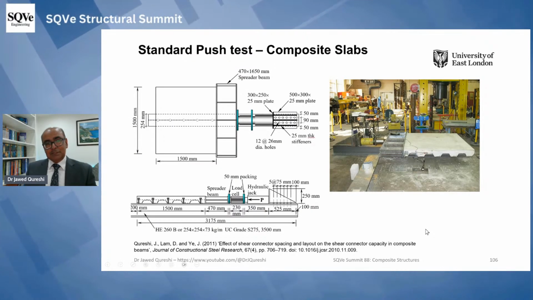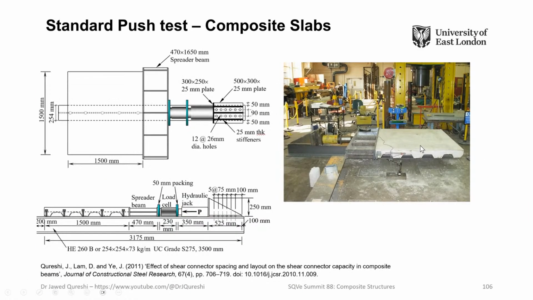this was the configuration. This is one of my PhD works, and I have one research paper. In fact, 4 or 5 research papers from this research, in which we conducted this testing in horizontal direction and single-sided direction. So this is about a 1.5 meter long slab in each direction, and we applied loading over here. And the purpose was to see whether we get this slip, which is not less than 6 millimeter.